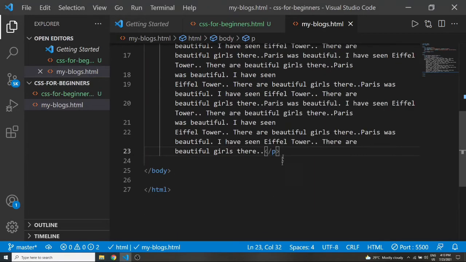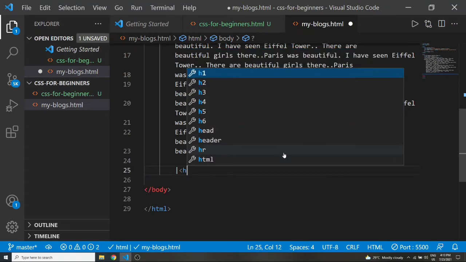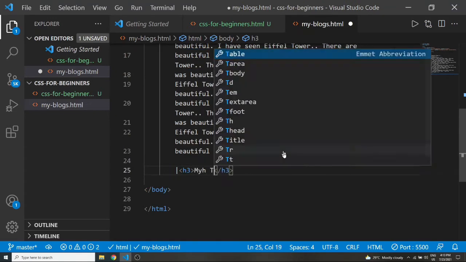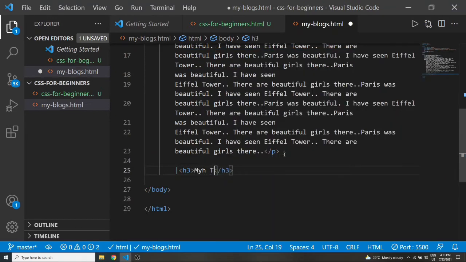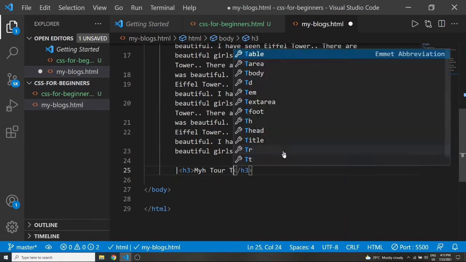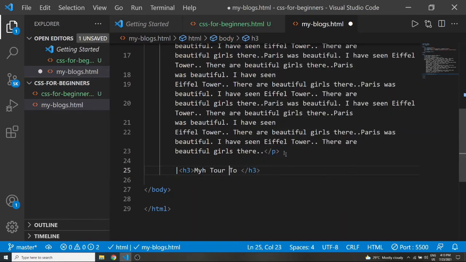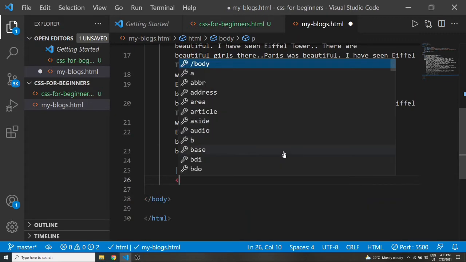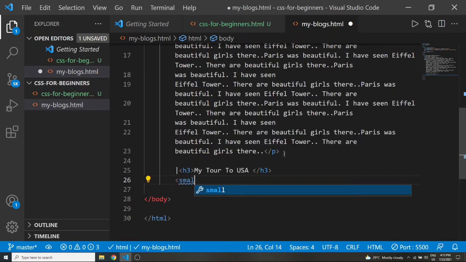So now we will add another blog, something like h3, my travel, my tour. My tutu would be anything like USA. Sorry, I will add author, small tag, author. This would be Tom